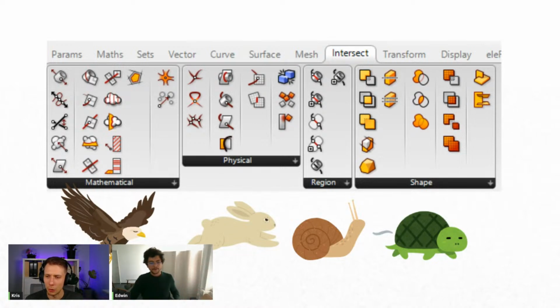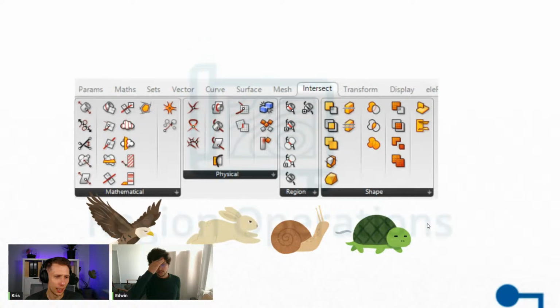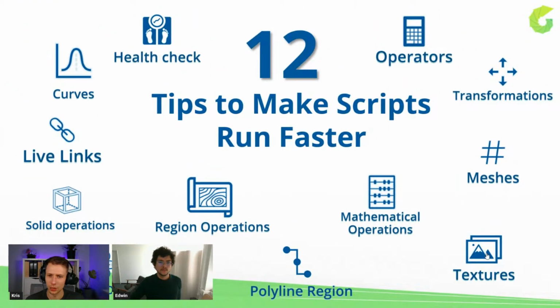Yeah. So our recommendation is always try to use the mathematical components first. And if you cannot figure out a way, then maybe in the final stage you can go to the slower ones, but always start with the mathematical. Try to break down how you're going to build your structure, your geometry, with curves and lines. Okay, cool. Should we go to the next one, the textures? Yeah. Or would you like to add something more?